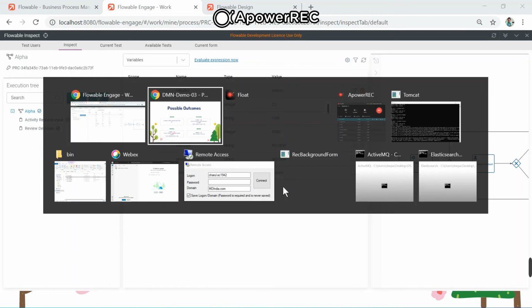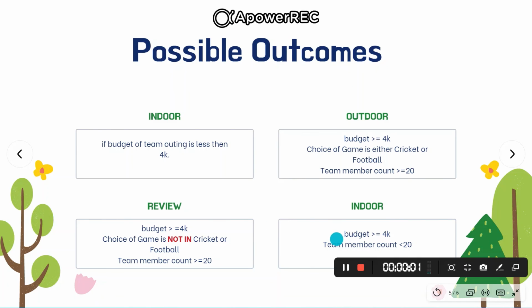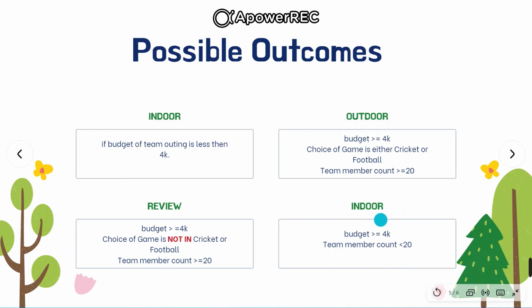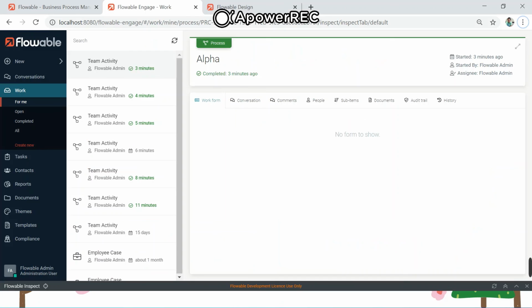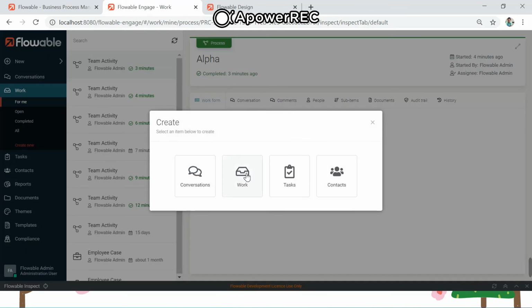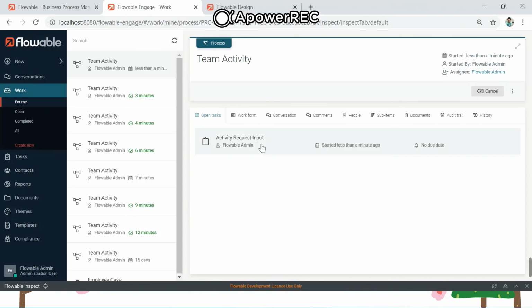So this is the third case, and the final case is again budget should be greater than 4K and team count should be less than 20. In that case, our decision table should give the decision indoor because the number of members is less than 20. Let's see this business case as well in Flowable Engage. Go to New, click on Work, select the application and create a user task.